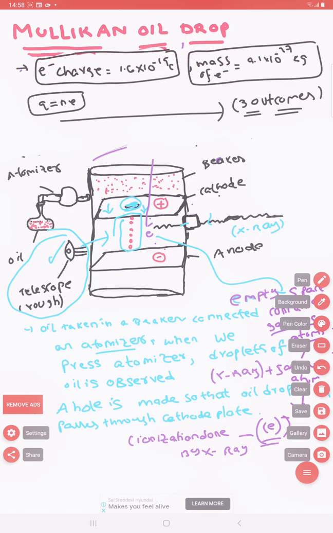Next, as the electron is found, its e by m is found. See, it is a particle, no? So its charge by mass ratio is found, and separately, as it is a negatively charged particle, its charge and mass are calculated by Millikan. So the entire information about the electron is found. Next, after this, the proton. After that, the neutron is discovered, and even the presence of radioactive elements.